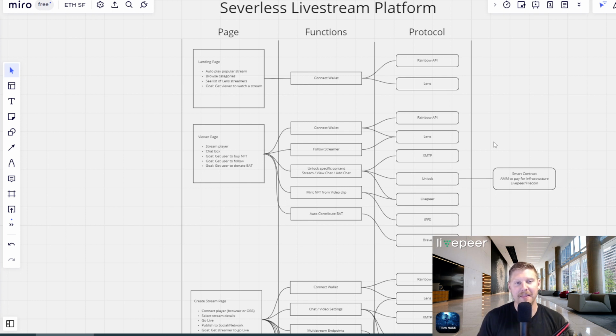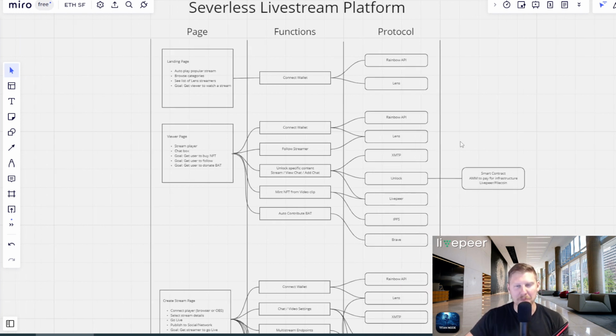So this was just a little bit of an overview of the Stack protocol. I know it's kind of boring to watch. If you made it this far, thank you so much for making it this far. But this is what I thought the killer app would be for using Livepeer. It's not going to be used by itself. It's going to be used in conjunction with a lot of other protocols to build out a fully front-end app that people enjoy using.